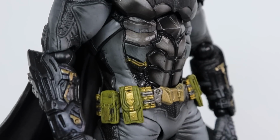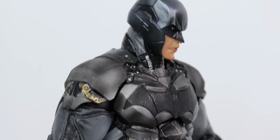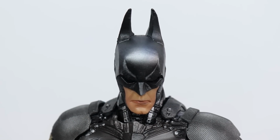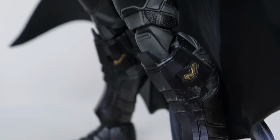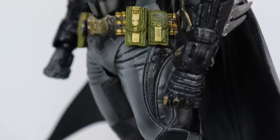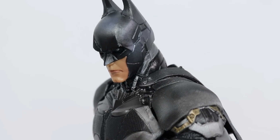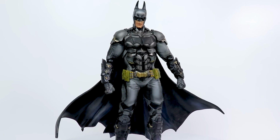There's a great use of weathering and shading on the paint job here, but those blue highlights on the cape are a bit overblown. I guess that's because all versions of Batman look better in the dark. Besides myself, of course. The overly complex and haphazard nature of this particular Batsuit is a great reflection of Batman's mindset during the events of the game. A man trying so desperately to become absorbed in his work, focusing even on the most minuscule details, all because he can't get over a tragedy that was ultimately